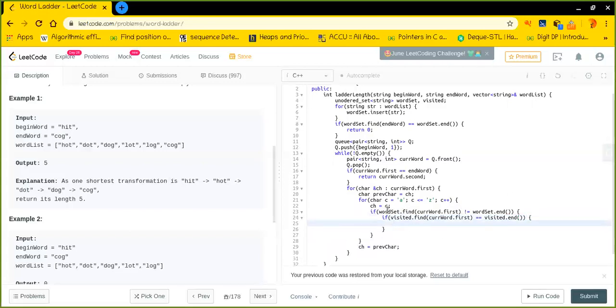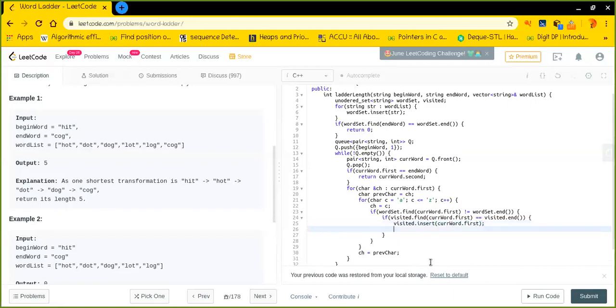Is it true or not? See, first of all, I need to verify whether my current word, which is changed now, is present in the word list or not. And if it is present over there, then I should check, I'm also taking care of the fact that a string should not be taken once again. So if this is the case, then first of all I should mark it visited.